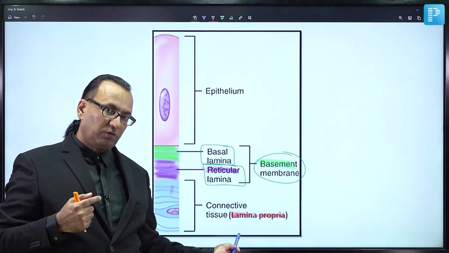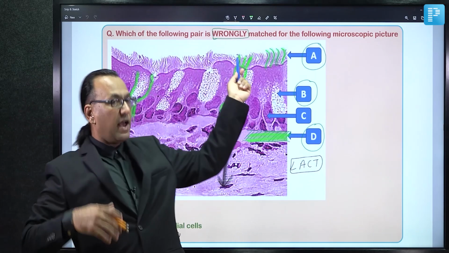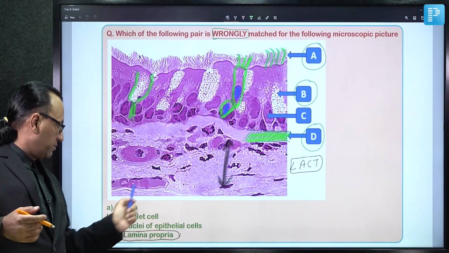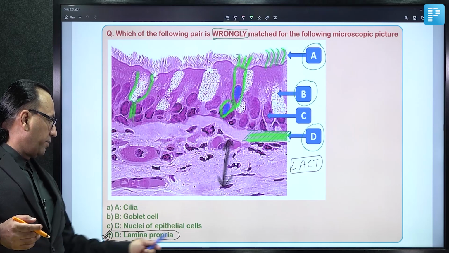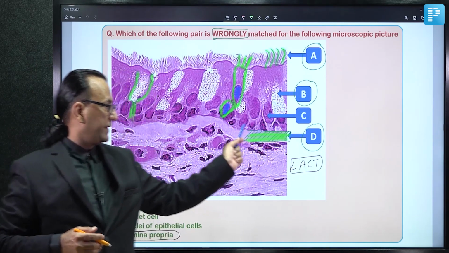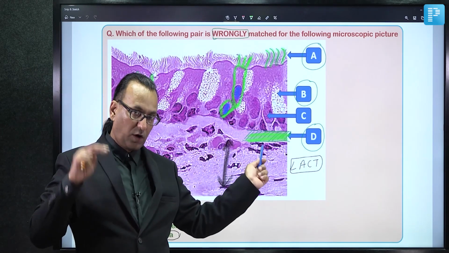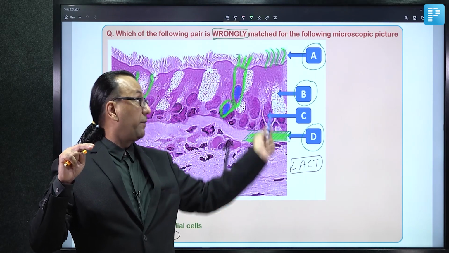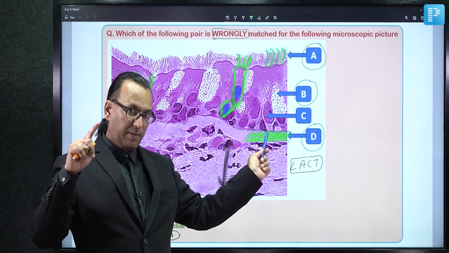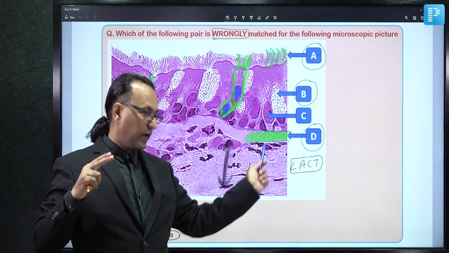Let us go back to the question now. As we already mentioned, the wrongly matched pair is actually choice number D. Since it is not lamina propria, it should be the basement membrane. Lamina propria is below the basement membrane. And this basement membrane has two components: one contributed by the epithelium, which is the basal lamina, and one, the reticular lamina, contributed from the connective tissue